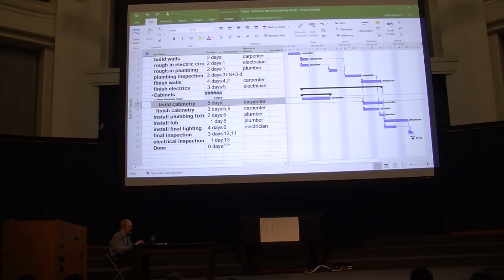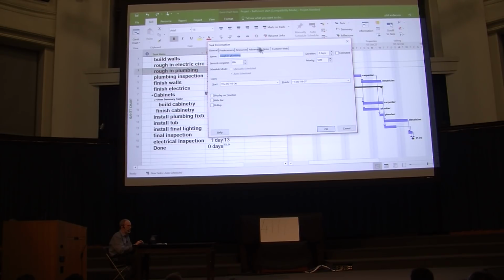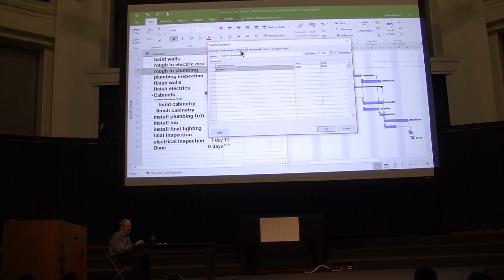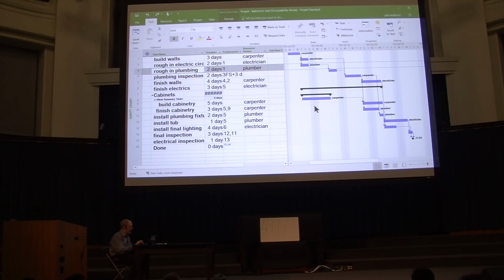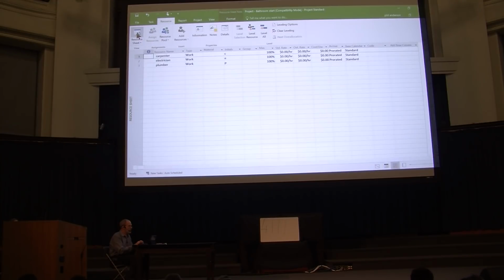For each of these tasks as well, we can double click on it. That brings up an information sheet where we can put in more information about the thing, predecessors, what resources are needed, and various customizations that we have for the various tasks. Okay, and we can do the same with resources. We can bring up a resource sheet, and